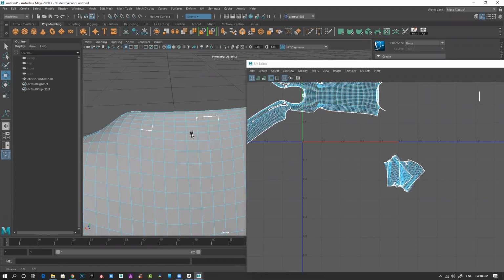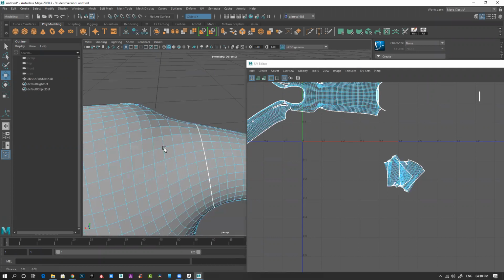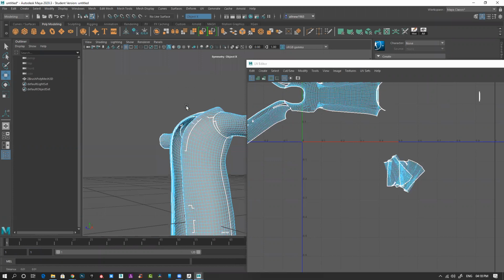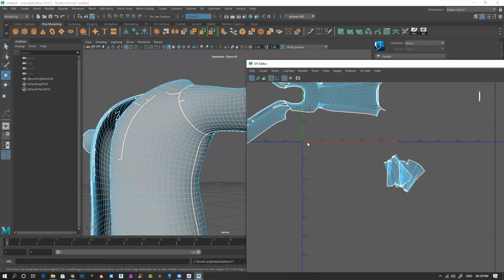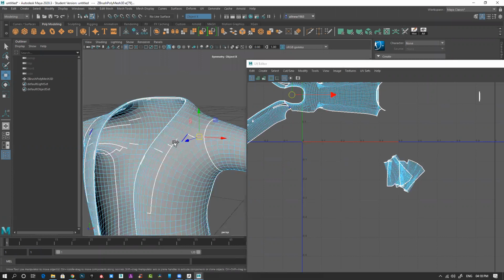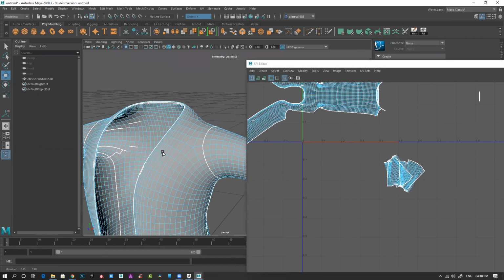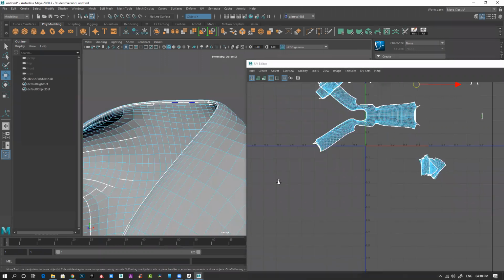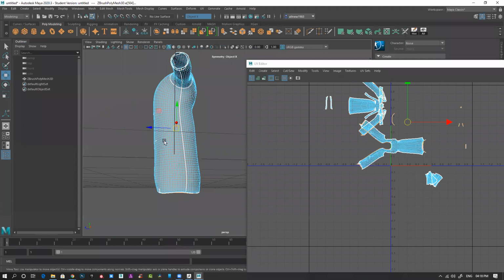Select all those areas, weld it, stitch, stitch. I have this seam, this cut properly welded. Okay, now I have to make sure there's a nice, clean cut. Okay, this cut is also there.